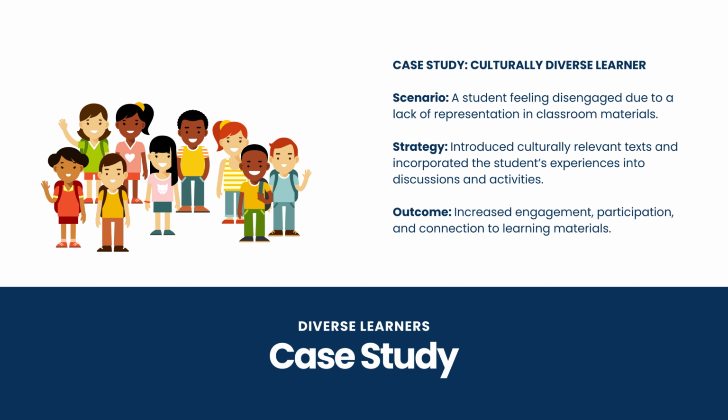Let's consider the story of Maya, a fifth grade student who began to feel disconnected in class. Maya rarely saw her culture or experiences reflected in the classroom materials, leaving her disengaged and reluctant to participate. To address this, her teacher took a proactive approach. She introduced culturally relevant texts that reflected Maya's background, ensuring she could see herself and her community in the stories